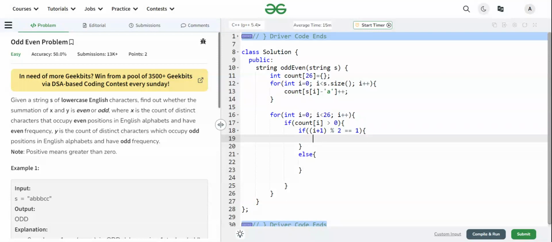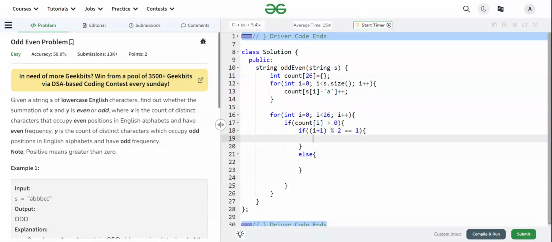We will assume a as an odd place. So 1, 2, 3, we count from 1 to 26, but in the array it is stored from 0 to 25. So i plus 1 is used.